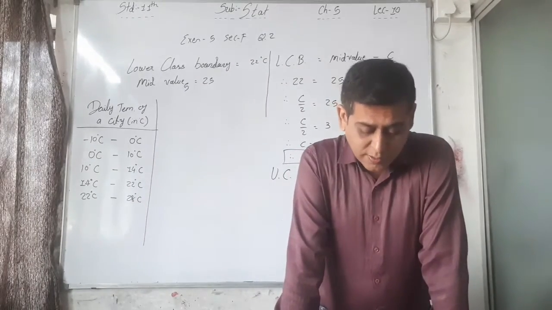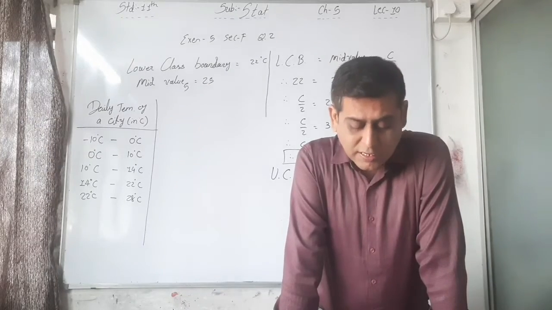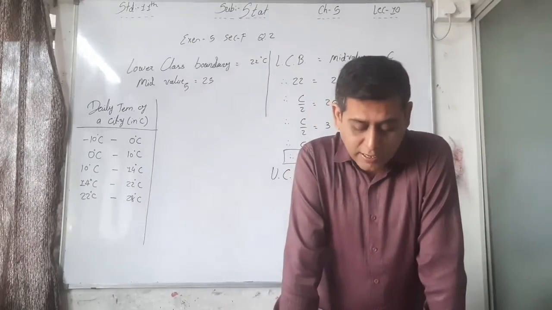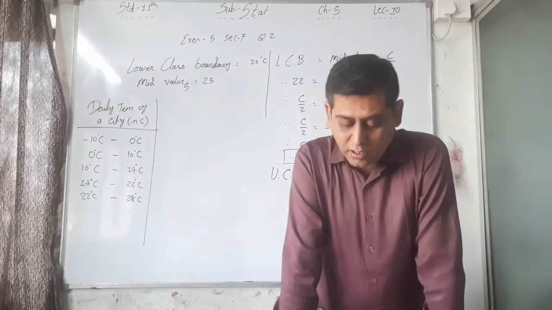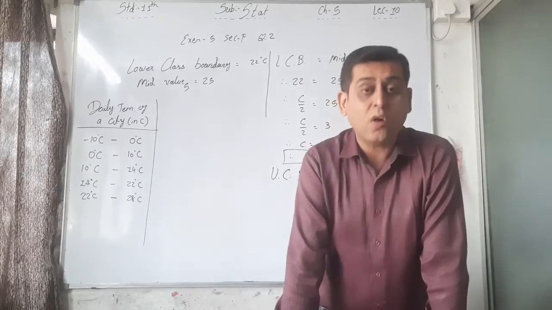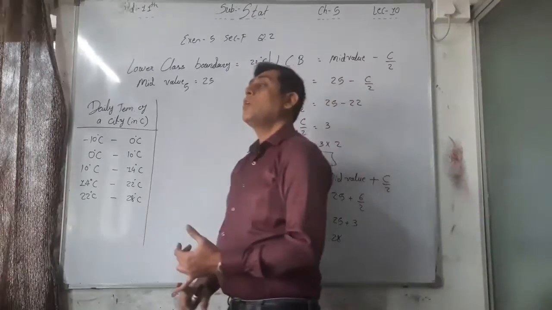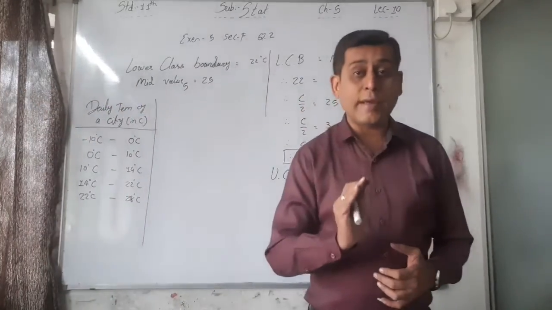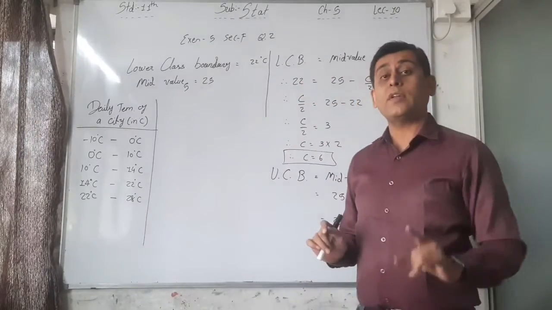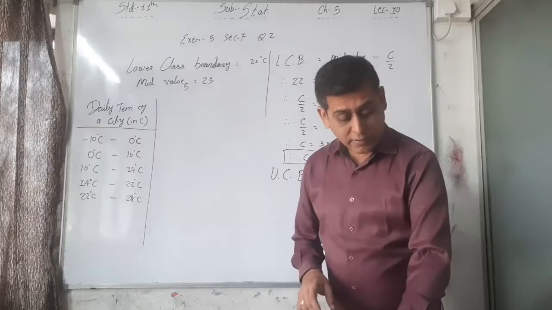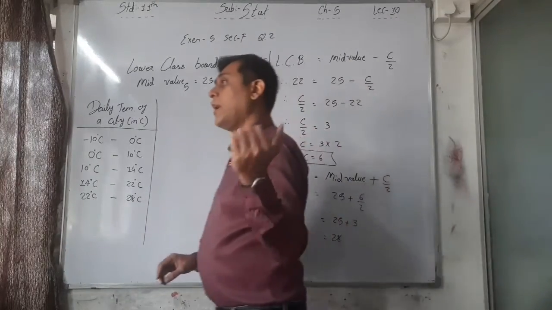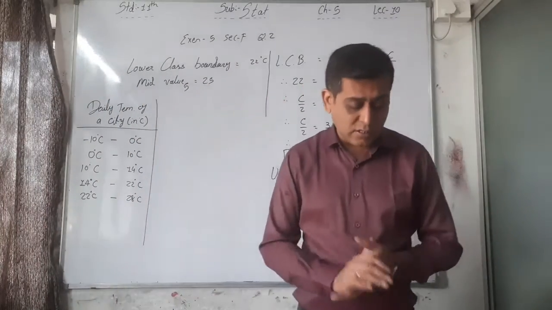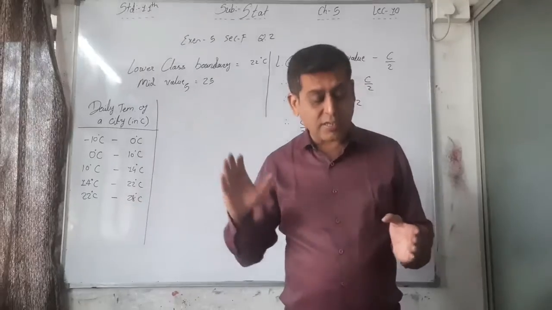Note first, after Bowley's method: if the frequency distribution is open-ended, underline this word. If it is open-ended, this is the only method to find out the absolute or relative measures of skewness. What does that mean here? If you want to find out the skewness of open-ended classes, then you must use Bowley's method. Why? At that time I also explained that, and right now I am explaining again that if your class is, see, less than 10 and the last is 40 and above,